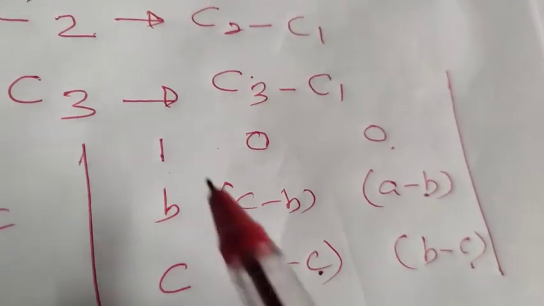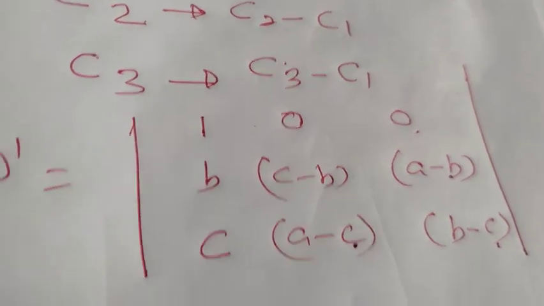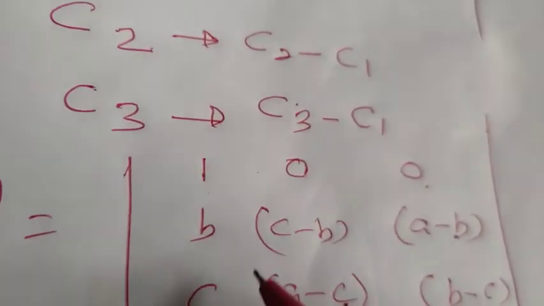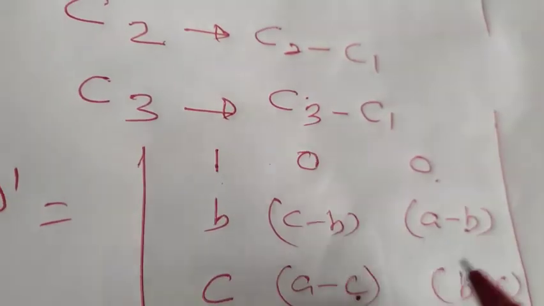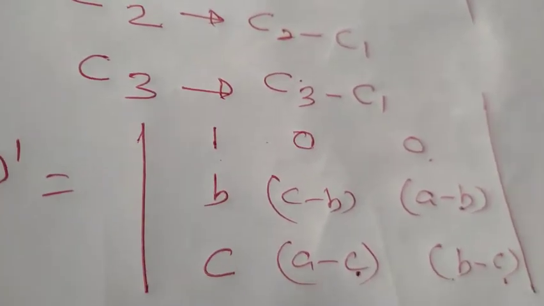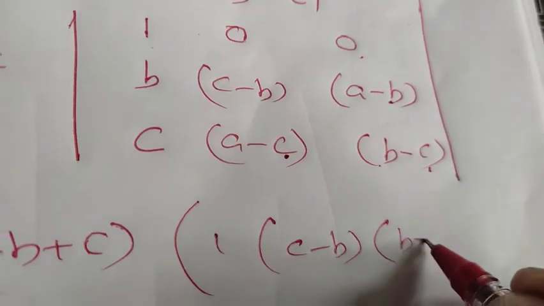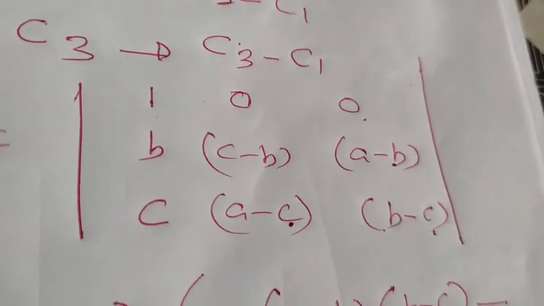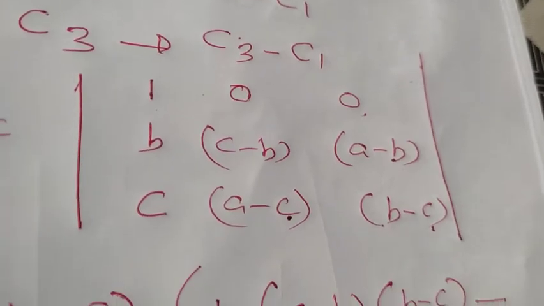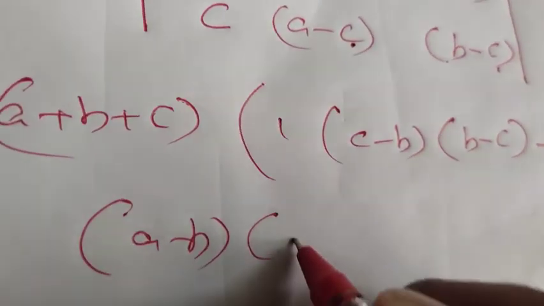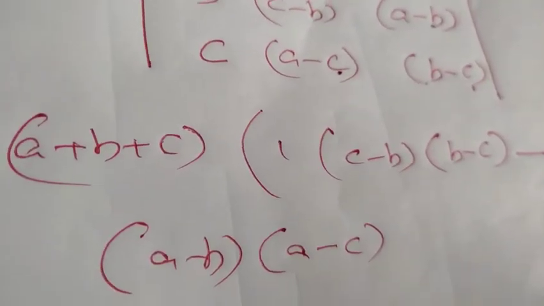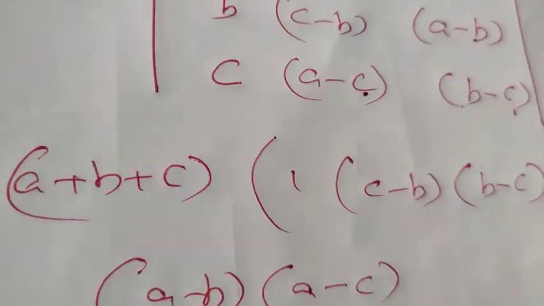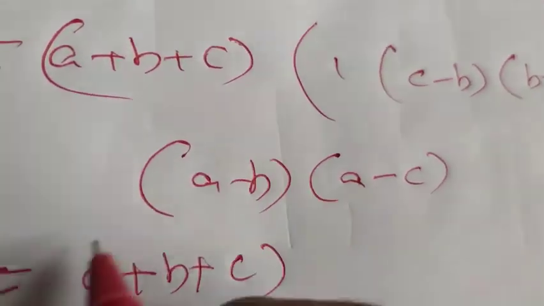So the value is A plus B plus C into 1 into, eliminating the first row and column, C minus B into B minus C minus A minus B into A minus C. On expanding, we get A plus B plus C into